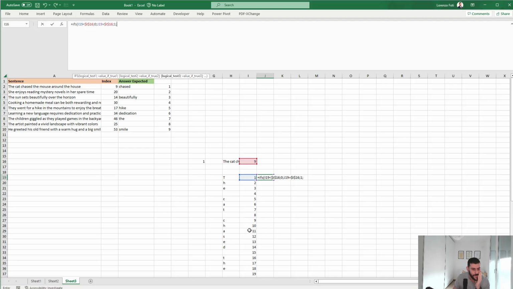I want to capture all the following numbers as long as it doesn't have a space in it. So what if the one above me, let's see, this equals space is 0, and then